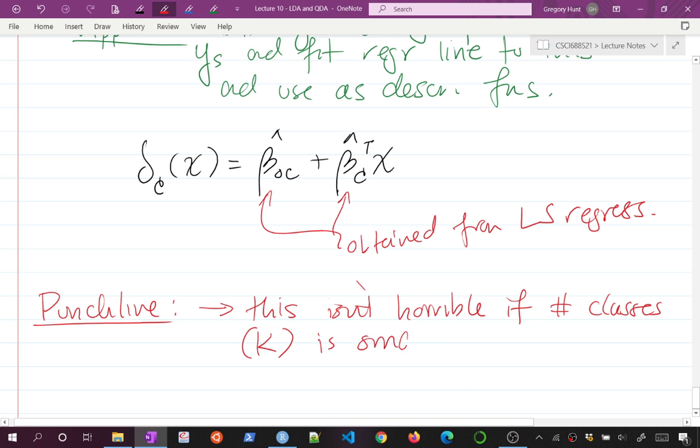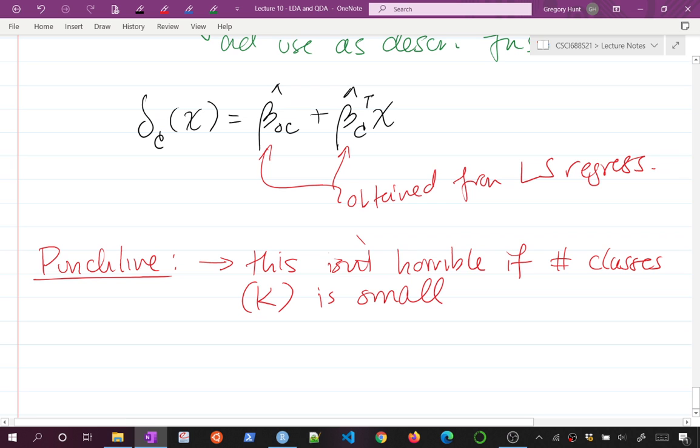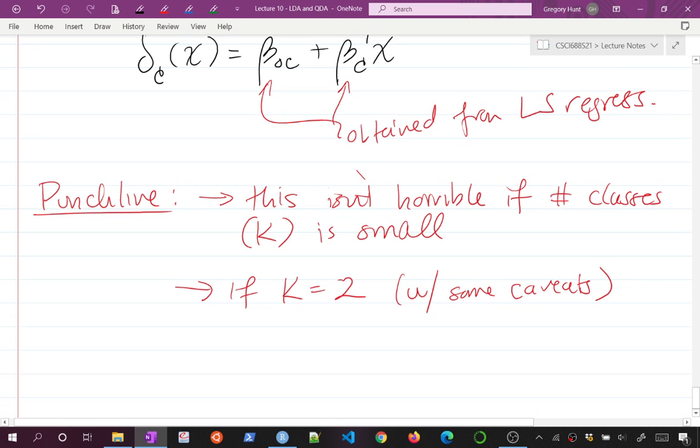Oh, not that many L's in small. If the number of classes is small, this is actually okay, and can give you a reasonable classifier. Indeed, if I have a binary classification problem where k is equal to 2, with some caveats. I'm not going to go into too much detail. Nothing too major, but there are some other little things that have to be true. But generally, the idea is that if I do this with binary classification, this will give me